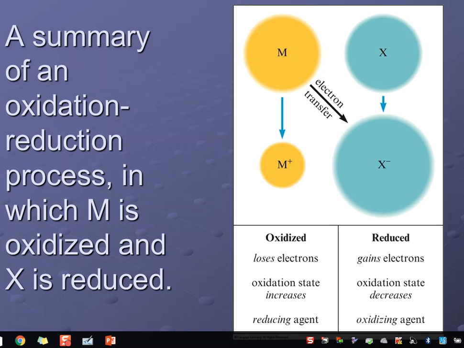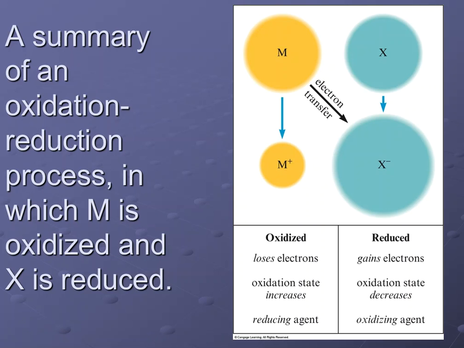Good evening, everybody. Picking up where we left off today in class, we were talking about oxidation and reduction, what's being reduced and what's being oxidized. We were looking at these two elements, the metal and the nonmetal, and how the metal can give the electron to the nonmetal. The nonmetal becomes reduced by gaining electrons, and the metal becomes oxidized by losing electrons. One of the things that we can use to help us remember this is something called